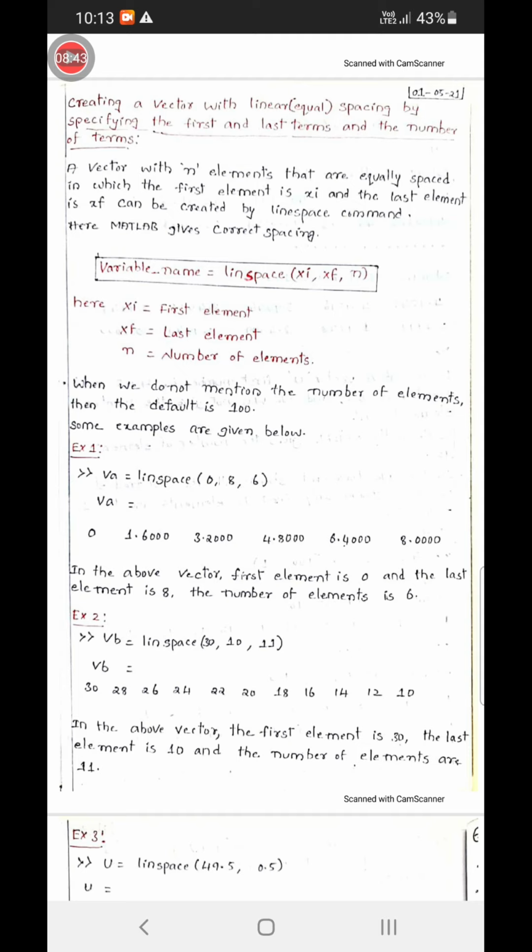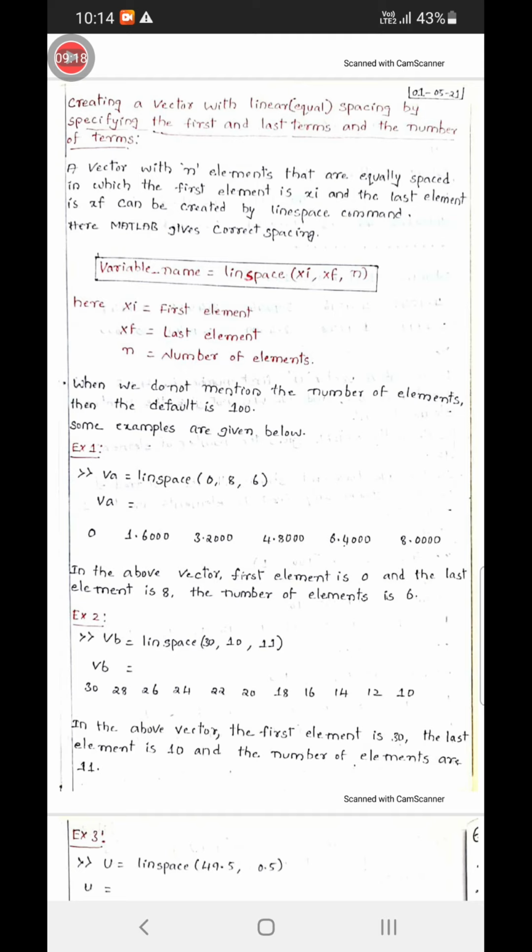After typing like this, press the enter key, then we got the output: 30, 28, 26, 24, 22, 20, 18, 16, 14, 12, 10. If we count this, we have 11 elements here. So 11 elements, and what is the equal spacing we have here?